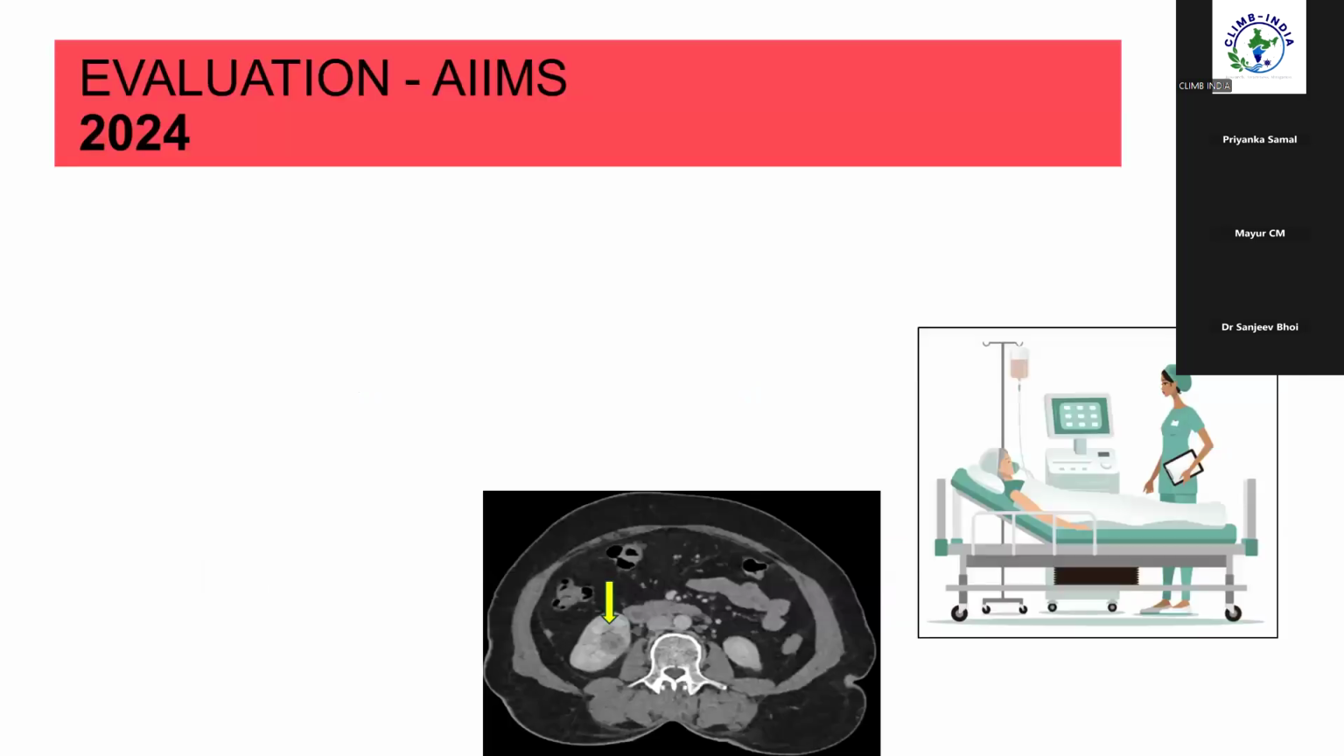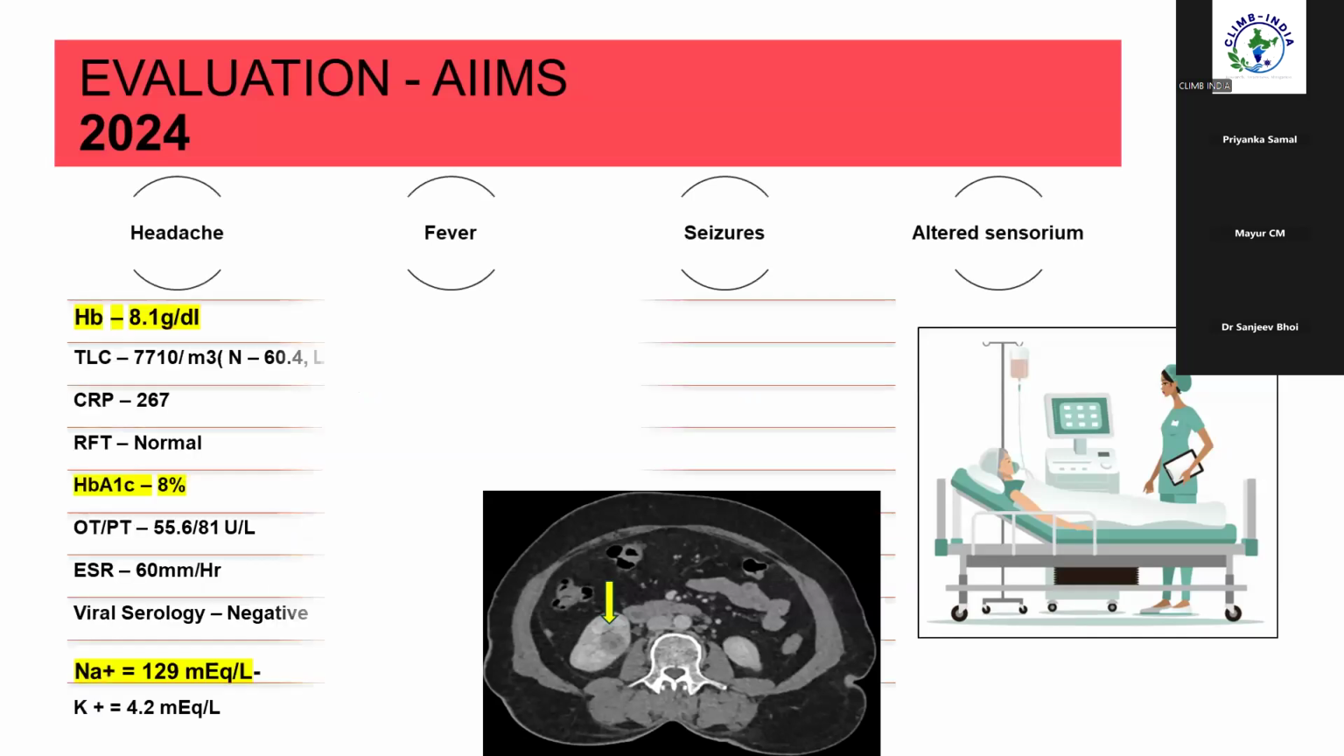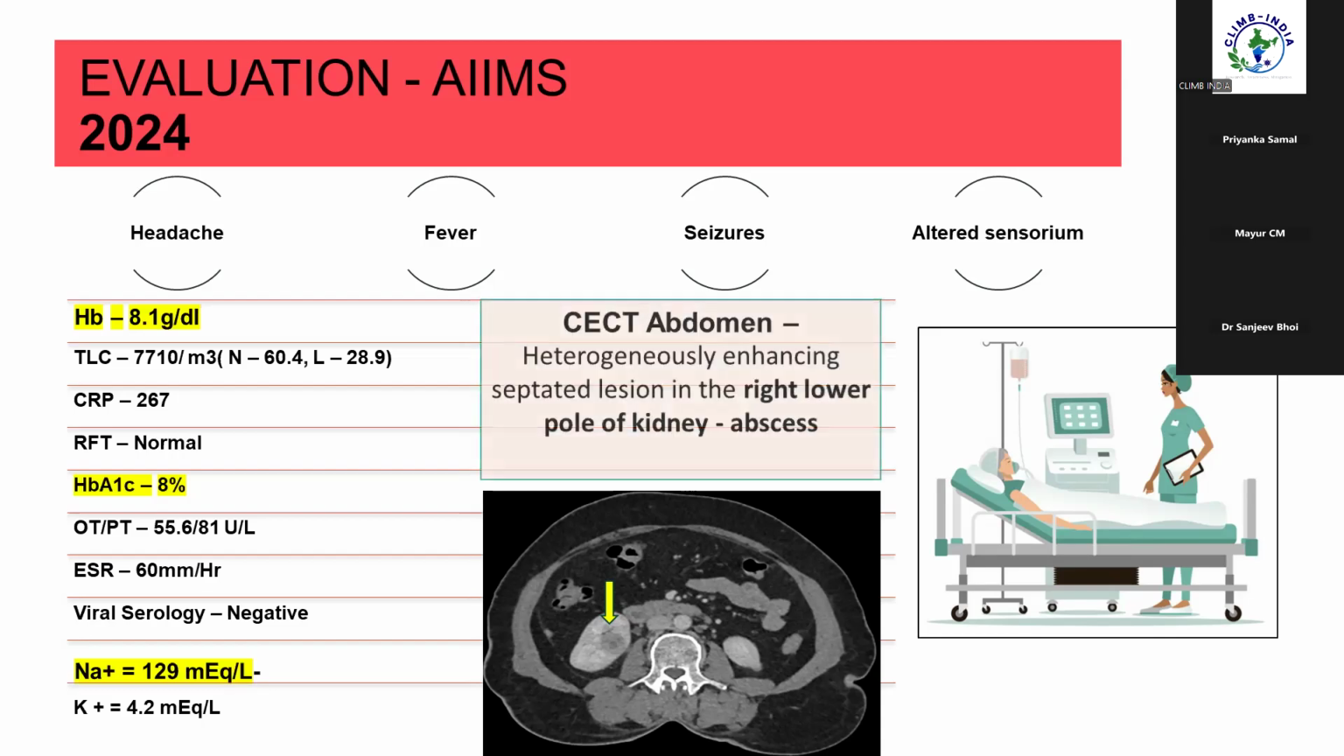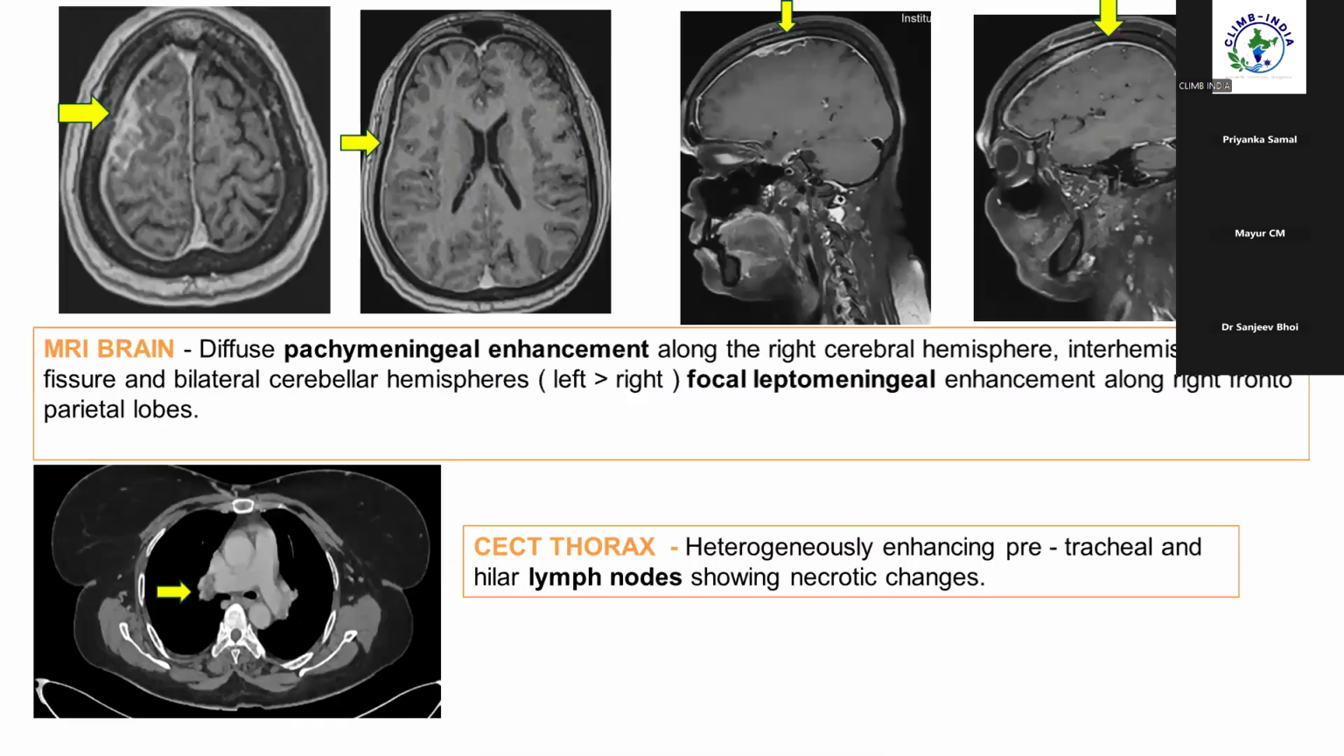She then went for inpatient evaluation at AIIMS, which showed anemia with a hemoglobin of 8.1. Total count was fairly normal, 7,000, and she had uncontrolled diabetes with 8% HbA1c, CRP was elevated to 67, and sodium was slightly low, 129. CT abdomen was done, which showed a heterogeneously enhancing lesion in the right lower kidney suggestive of abscess, and MRI brain was done on day 2, which showed